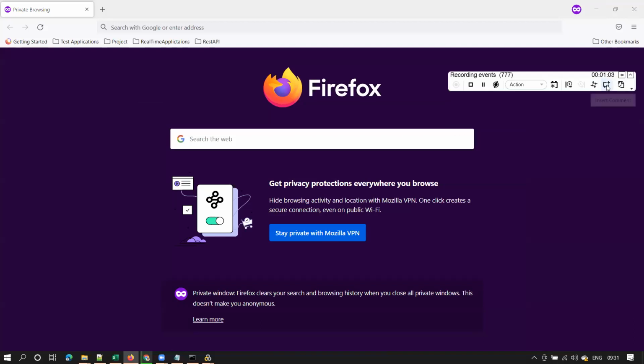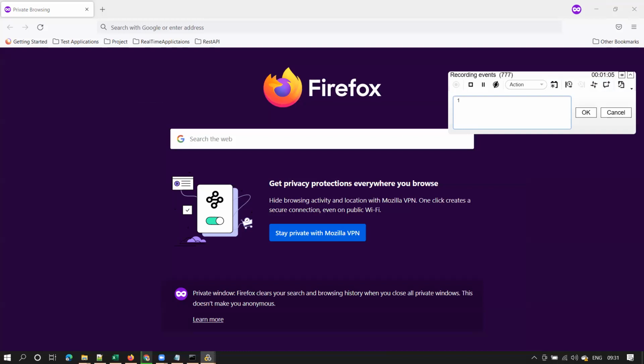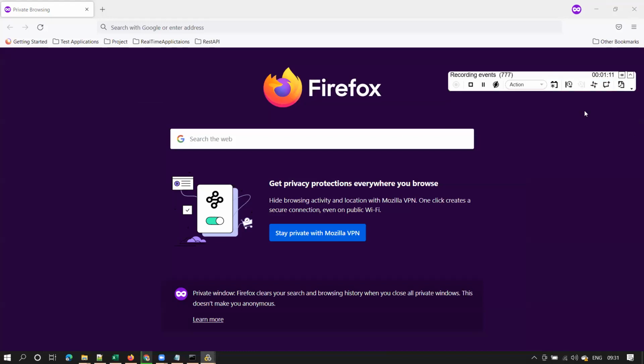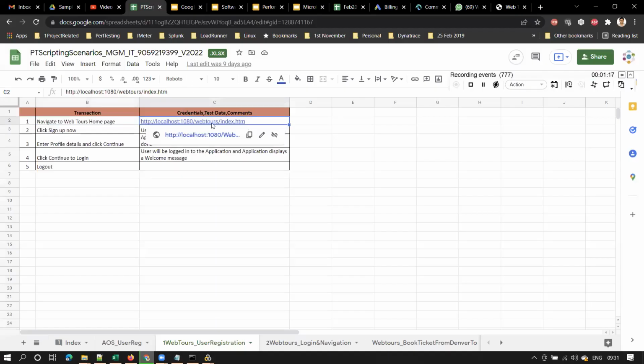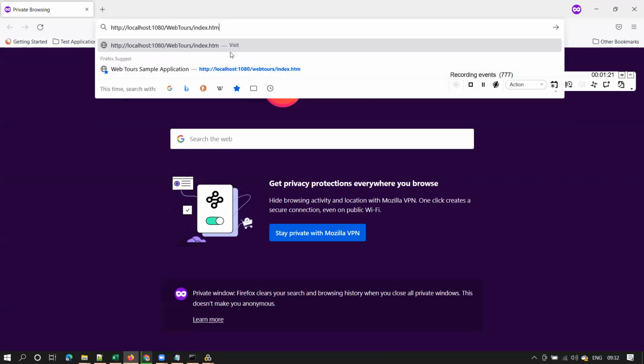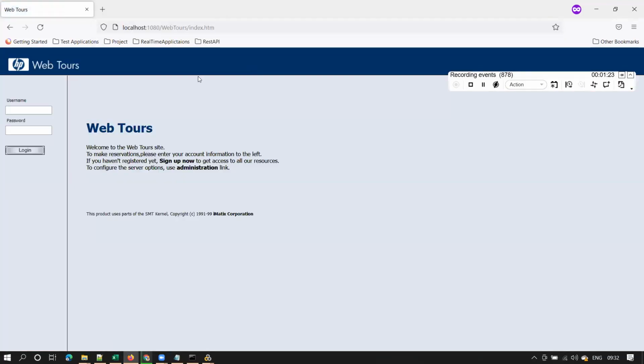Enter step number followed by comment. So the first step is navigate to WebTools homepage. Click OK. And now enter the URL, whatever URL I have provided here. So copy that URL and enter that URL in the browser. Now you got the WebTools homepage, isn't it?